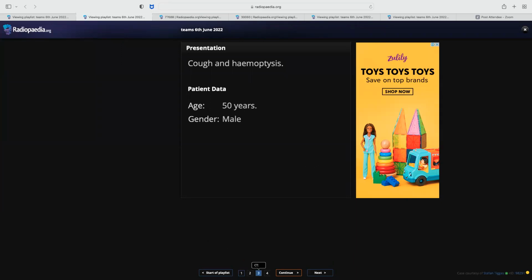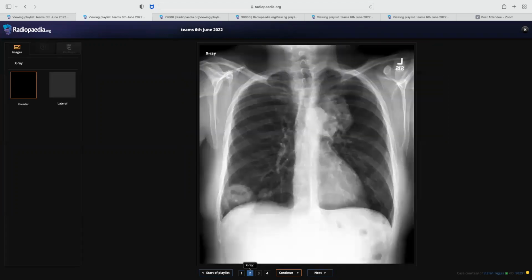Okay. So this is a 50 years old male patient presented with cough and hemoptysis. This is a frontal chest radiograph of an adult patient. I can notice multiple abnormalities. First of all, in the right lower lung zone, there is an opacity with central areas of lucency suggesting cavitation. There is another smaller opacity seen adjacent to the